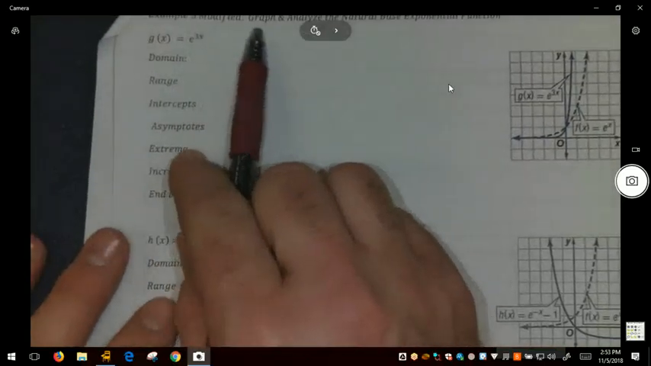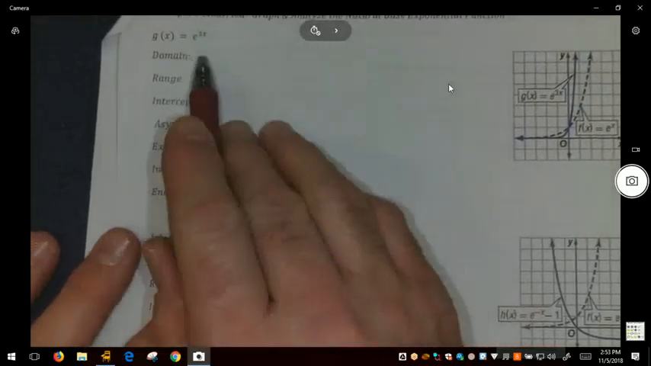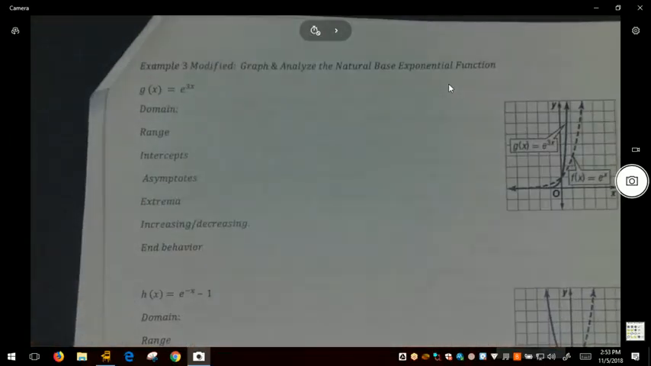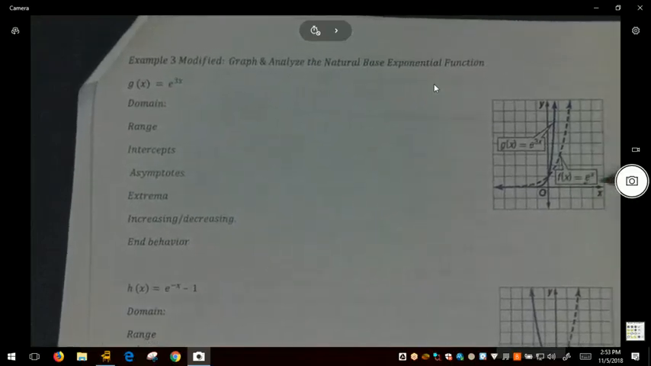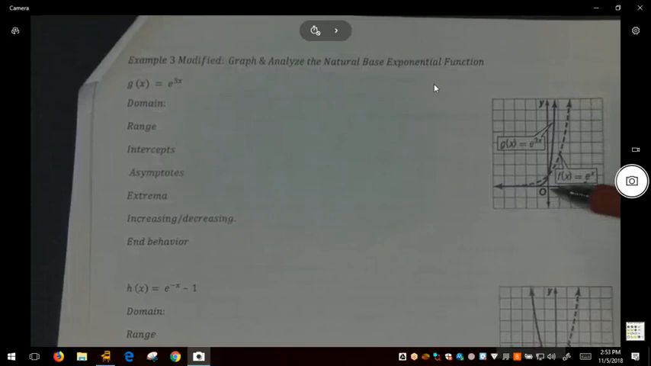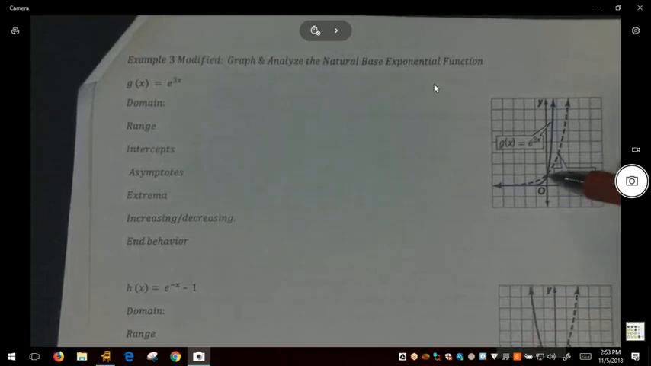We have example 3 modified. So we have e to the 3x. Well, e to the x is the parent function, and that's already graphed for you. You can see that right there. E to the power of 0 is 1. Anything to a power of 0 is 1. And then we have the